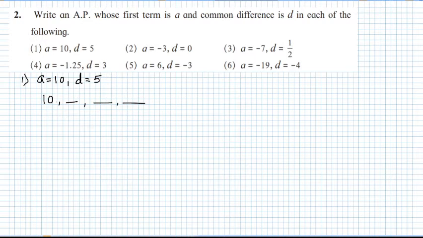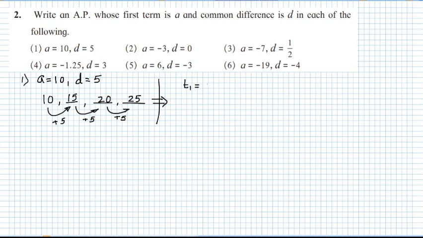So if A is 10 and D is 5, how do I find the next term? How do I find this term? D is 5, so what I do? Plus 5. So 10 plus 5 is 15. From 15 how do I get the next term? Again I do a plus 5. So what is the next term then? 20. From 20 again plus 5. What is the next term now? 25. But this is not the proper way to write the solution. So how do you write the solution for this? This is just to make you understand. Now this is the solution, actual solution.